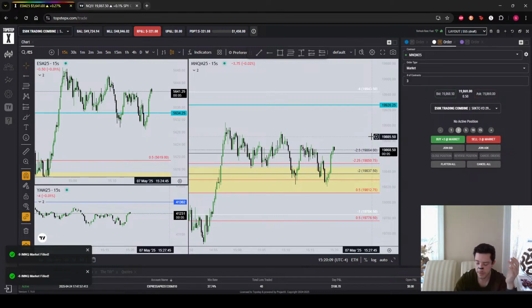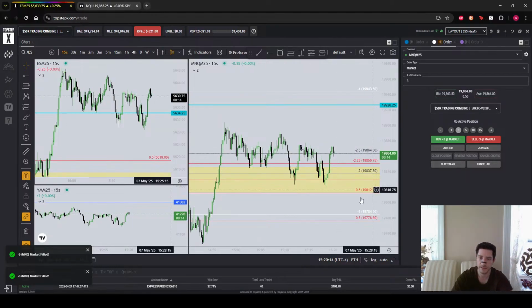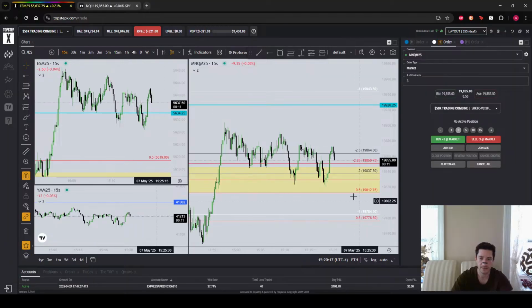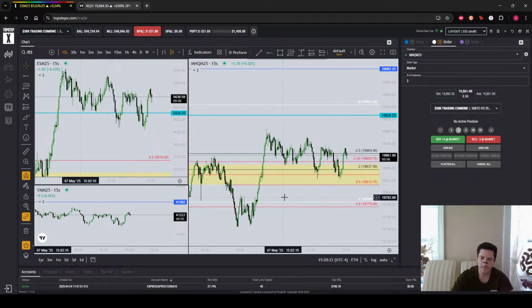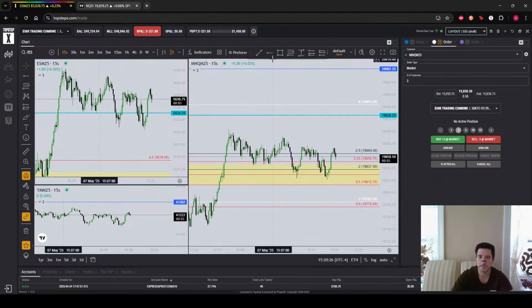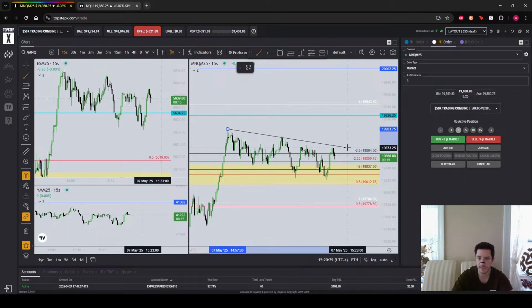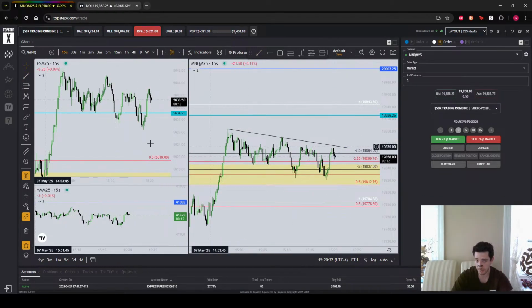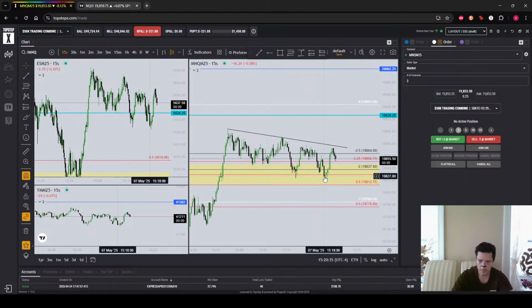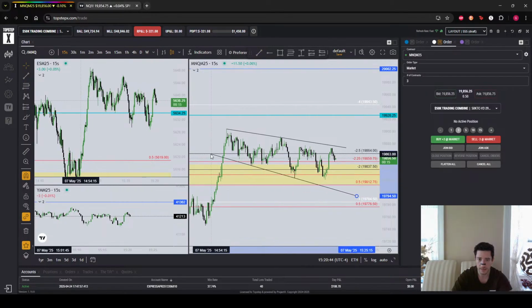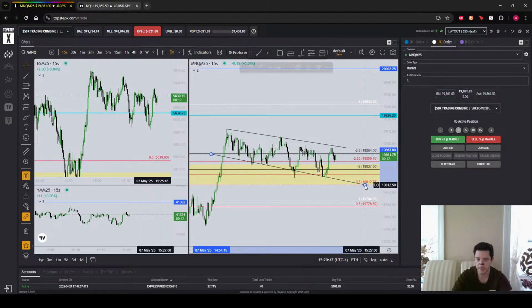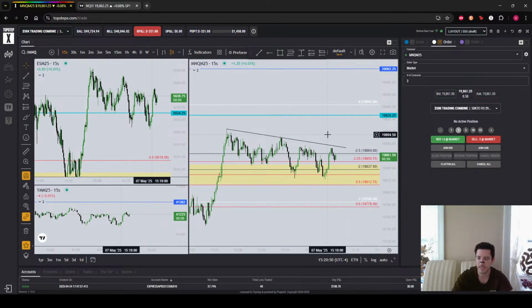Again, I'm very confident in the draw, so it's just about finding the right spot. That was going to be my spot, but I hate the fact that it just left it so short there. That's not very fun action. Maybe it's got to make one more flag to the downside, and maybe I could play the range here. I'm skeptical of it because I'm up biased, but it does make sense for it to make one more flag lower into that 5-minute balanced price range. And then I'll get more reasonable. It's really the top side that I care about right now.